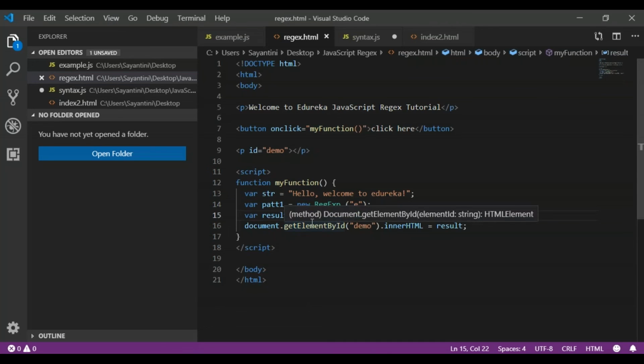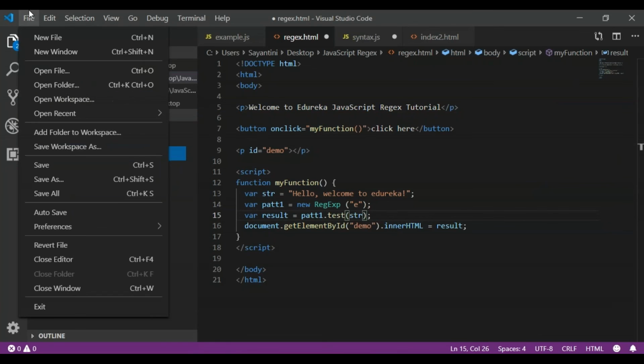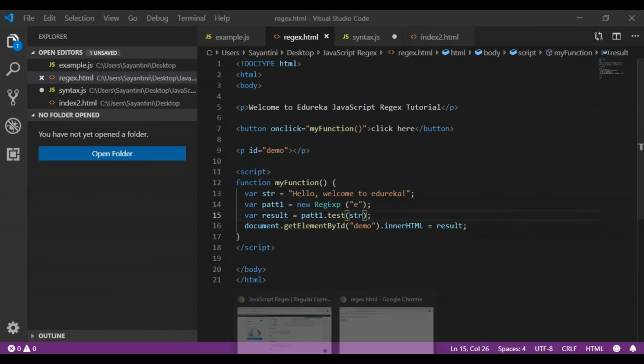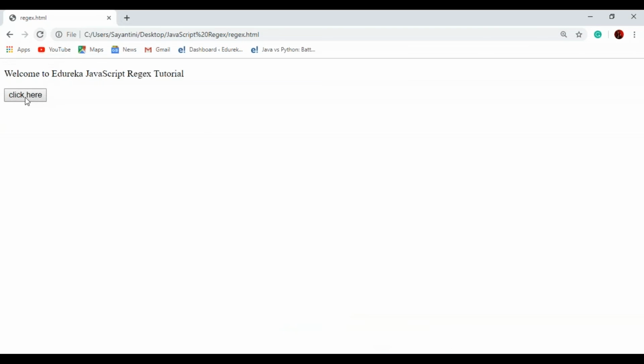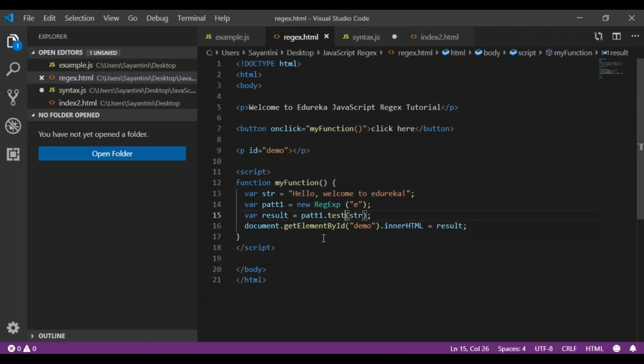Now next up is the test method. Let's check for this same string and same character, but we just have to change the method here, and we have the test method. What this will do is just check whether this particular character is present in my string or not. So it will just look for a match in my string and return me the value as true or false. Let me save this, and now when I go back to my website and click here, you can see that the value returned here is true